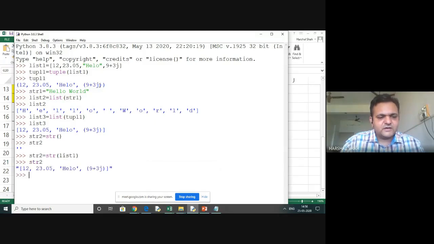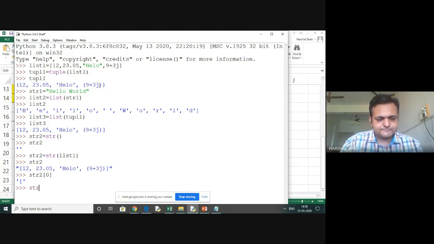The same thing has been converted entirely in the form of a string. Remember this, right? Even a tuple can be converted, with the brackets also. So I'll just show you that. You can see here what the first object is: the first object is a bracket.